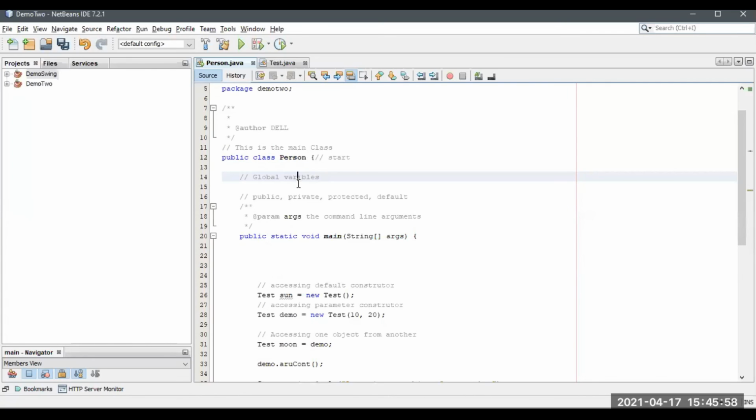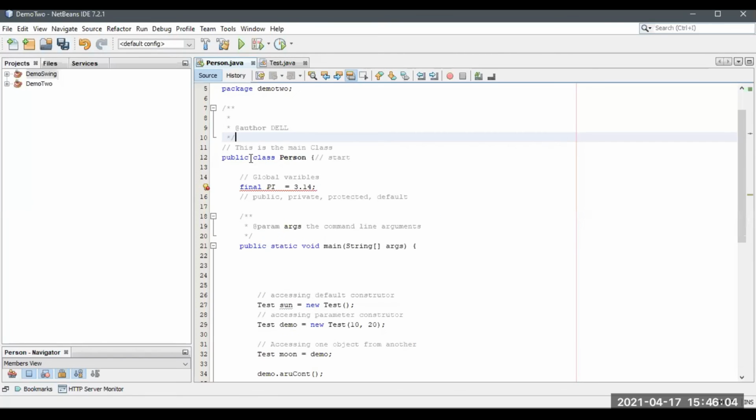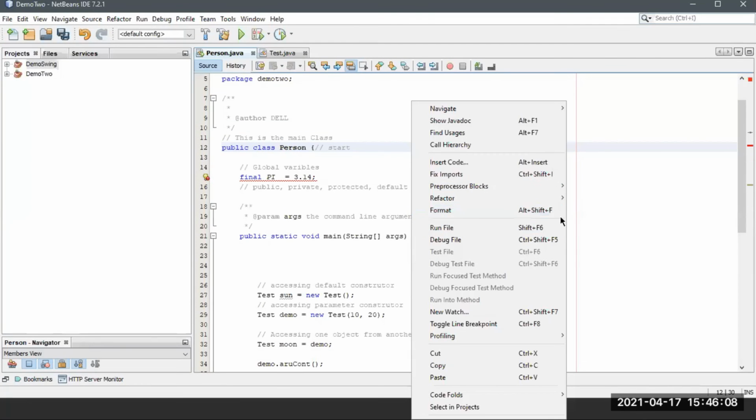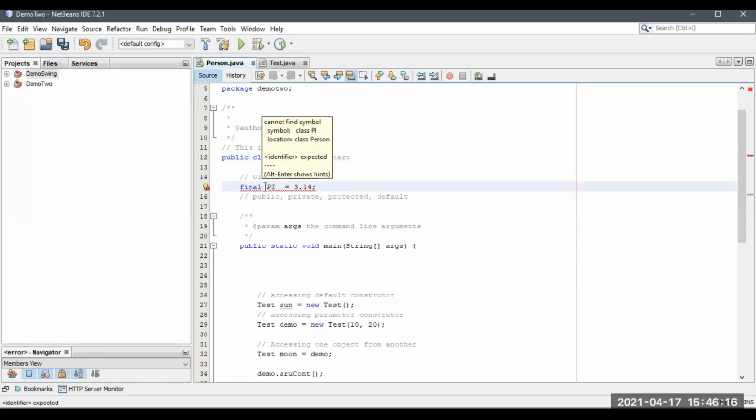Okay. Let me format it so that it will be aligned. Just remember this: by using Alt Shift and F, if you write it over here, it will automatically format. Okay. And sorry, this is a double.